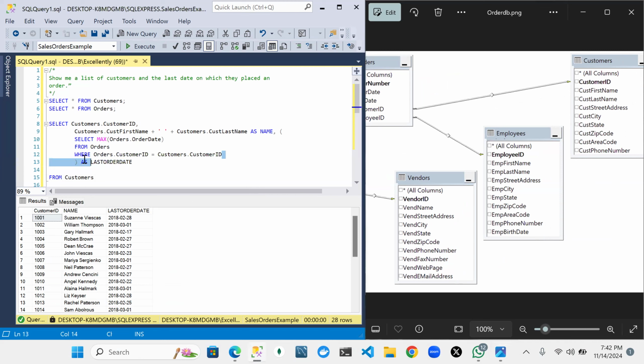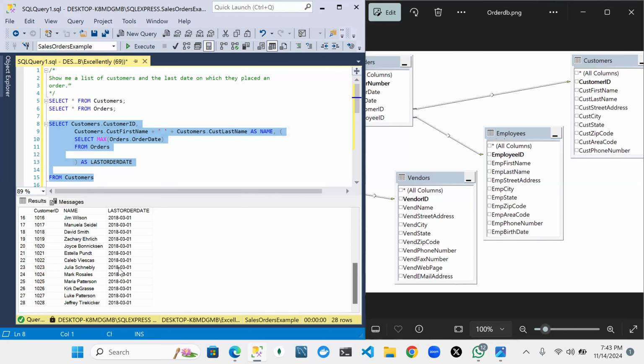If we remove this condition, it will just return the last order date. It will apply this max order date on the whole result set and find the last order date. So let's run this query now. You see, it's giving us the latest order date, for each of them. But if we tie that condition, let's say Control Z,